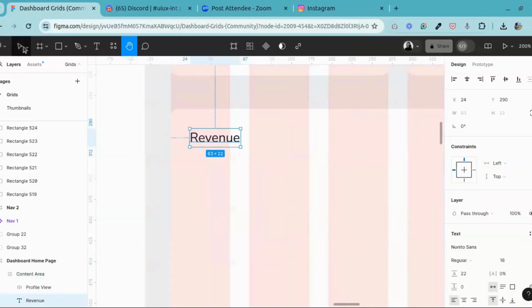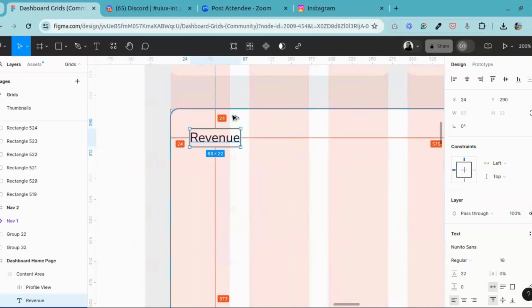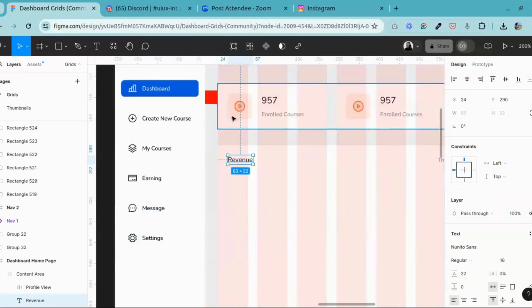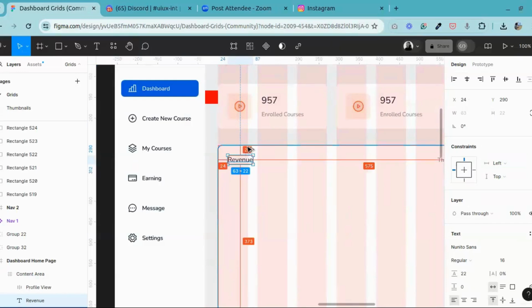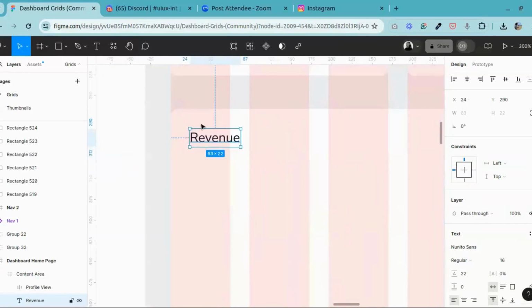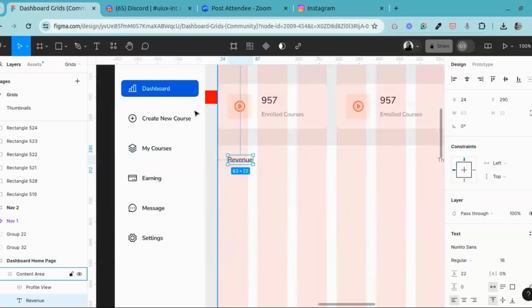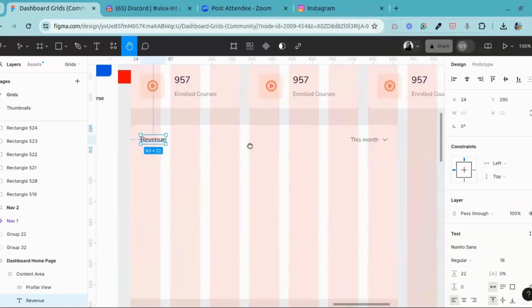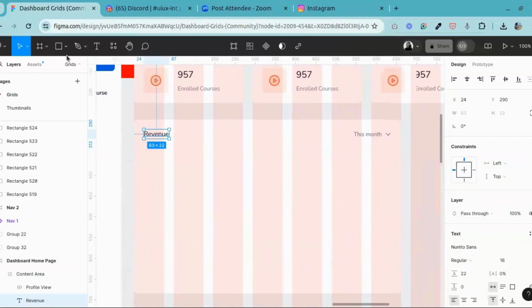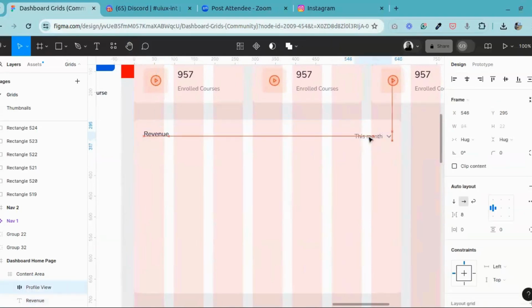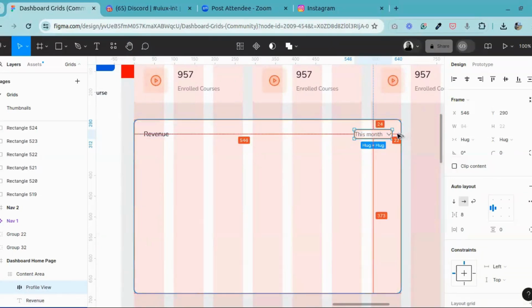So the first thing we're going to do, we can use our red square method, but I'm making sure this revenue text, the spacing on top is 24, spacing by the side is 24. So once that is set, basically align this one to be aligned with this page, and I'll make sure it's 24 by this side. So what I'm basically